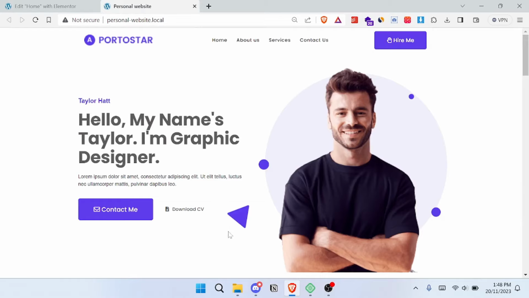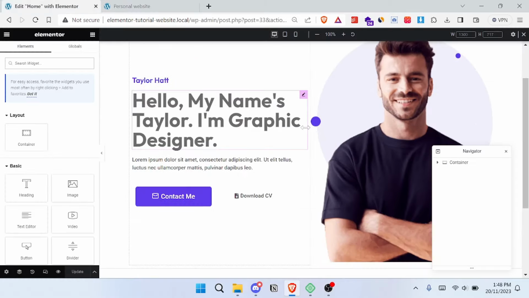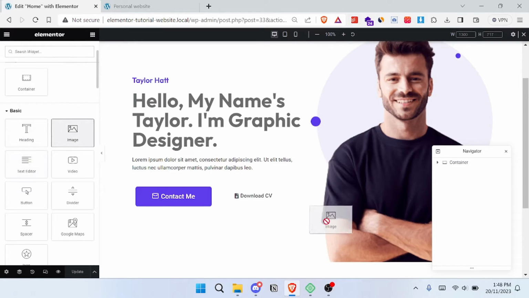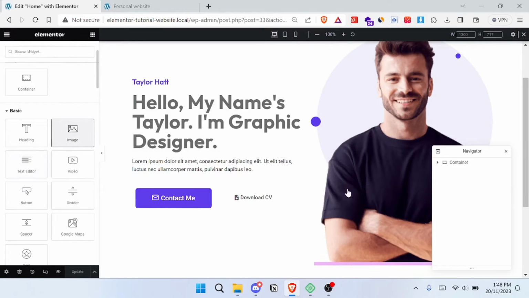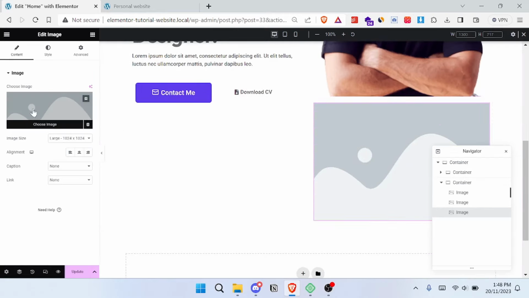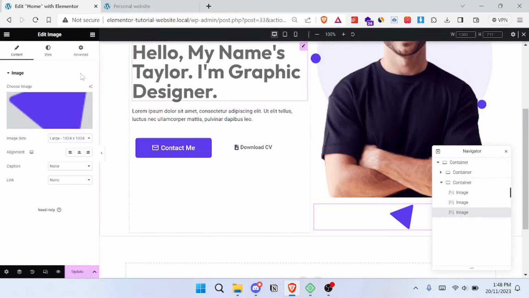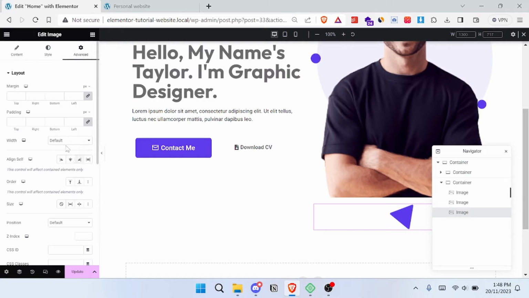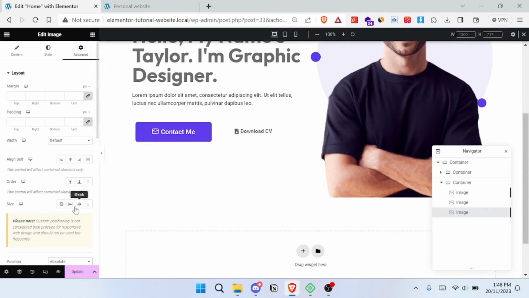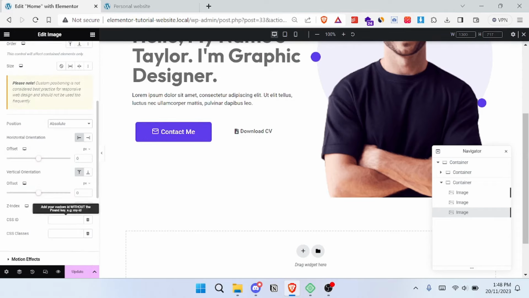And now we'll start by adding this little shape here. We're going to go to Elements tab, and then drag the image element, and then upload it here. Here it is. And then go to Advanced and Position, Absolute, and then go to z-index and set a high prefix,